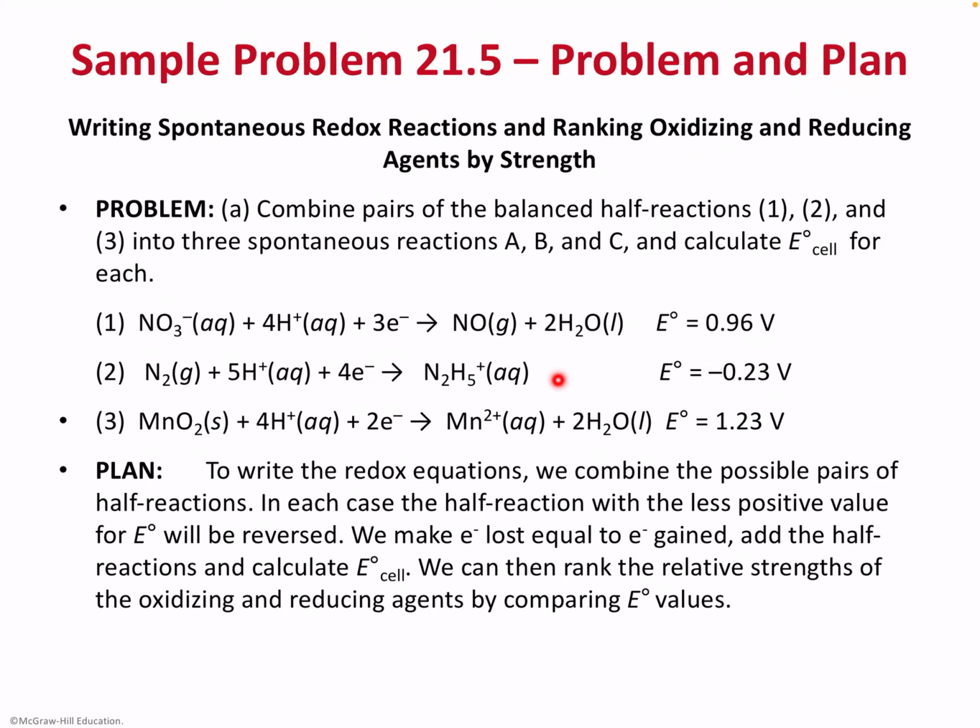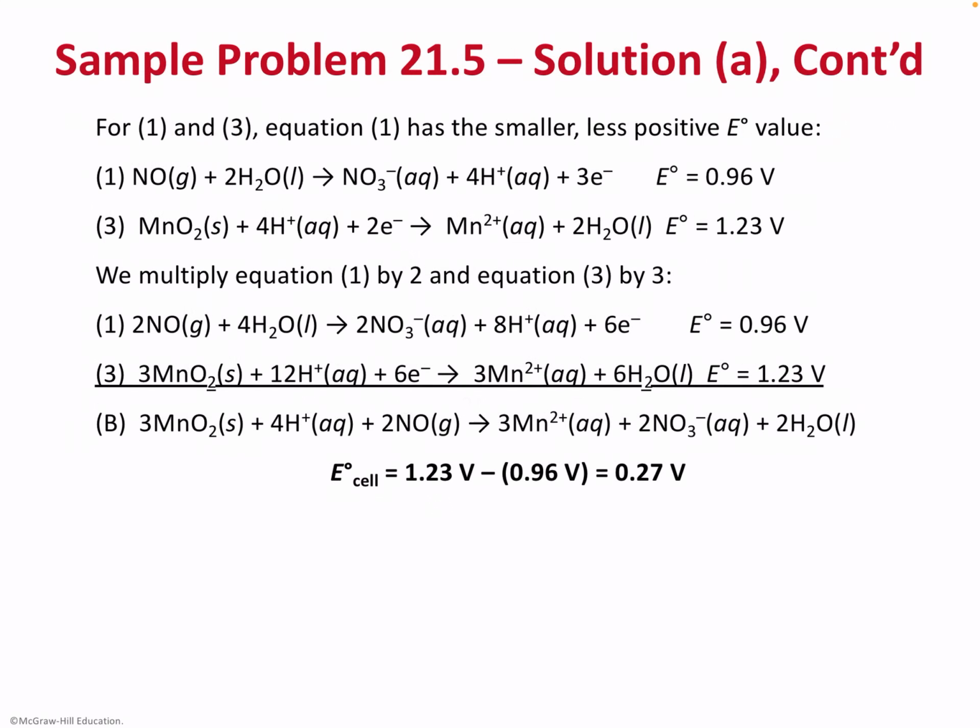So 2 and 3, E naught negative 0.23, 1.23. So which one is going to be your oxidation? Oxidation is going to be the more negative value, and this is going to be your reduction. That's where the reduction takes place, which is going to be your cathode, right? Cathode minus anode, minus 0.23, that will make it positive, so it would be 1.46 E naught cell positive. This is going to be your reduction and this is going to be your oxidation, and we will reverse this reaction between 2 and 3,